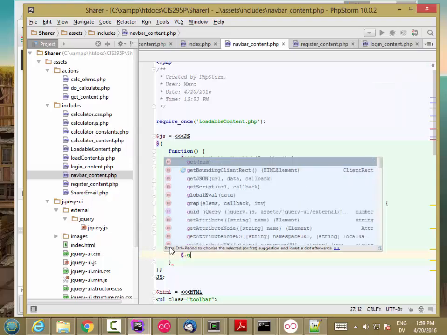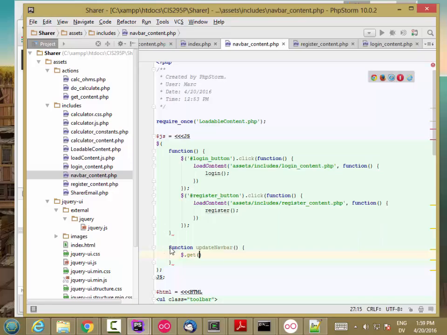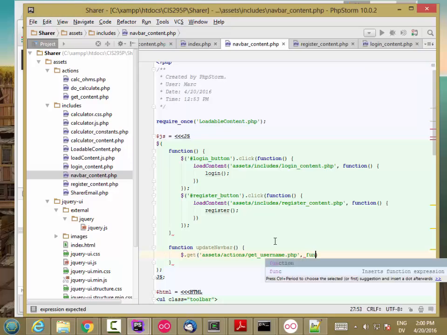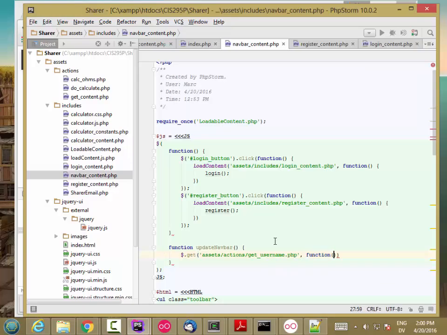So you'll see how that works. So I'm just going to say $.get, because I don't need to pass in anything. And then the path relative to the index page is assets, actions, and then getUsername. And this is going to be an Ajax function that returns the username value of the session object. And then when it returns that result,